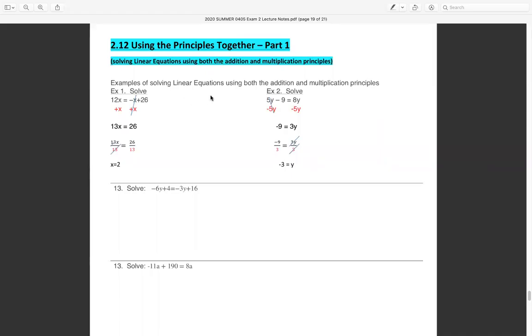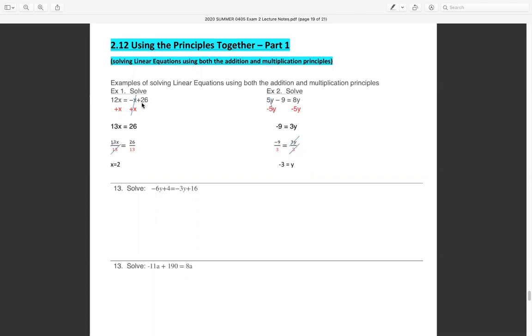2.12, Using the Principles Together, Part 1, Solving Linear Equations Using Both Addition and Multiplication Principles. Here's a couple examples. What's happening here is we have 12x equals negative x plus 26, or the opposite of